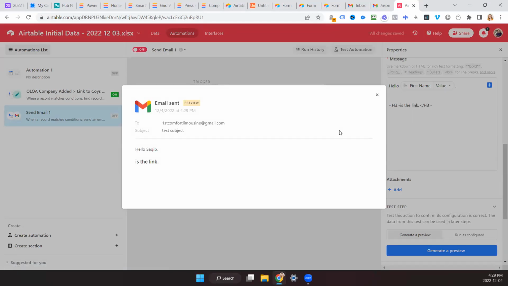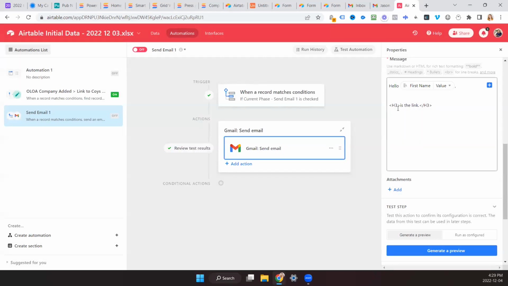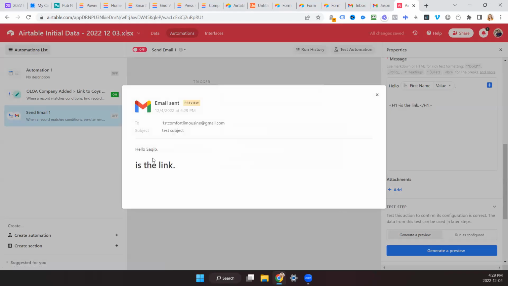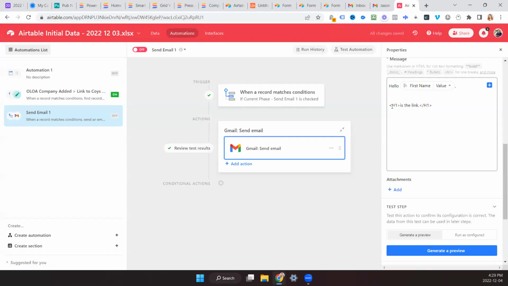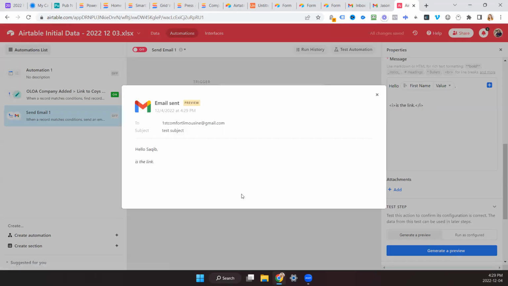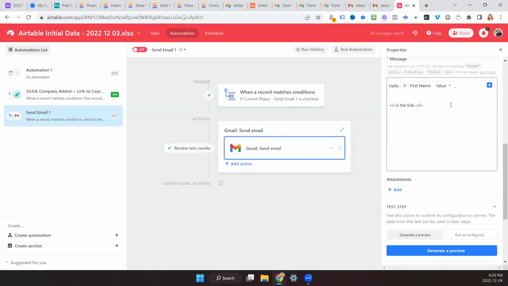So if there's a hyperlink, you can't make it a subject line. But you'll see H3, that's heading 3. So if you want to just structure your emails with different types of text, you can add things like this. You could add, this is italics. Just let me know if you need certain formatting. But this one I'd say is the most important to know.